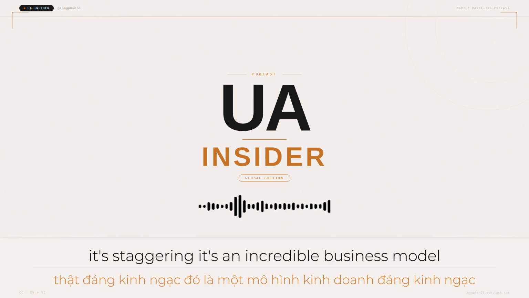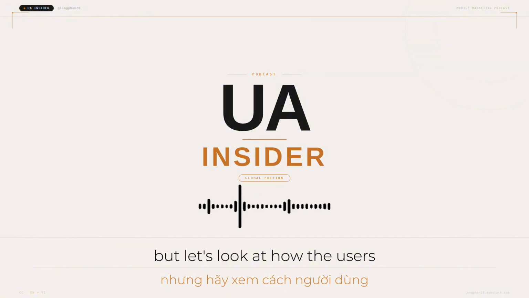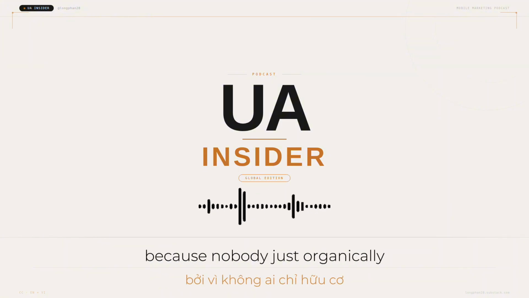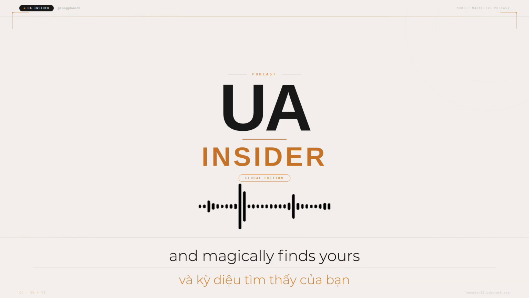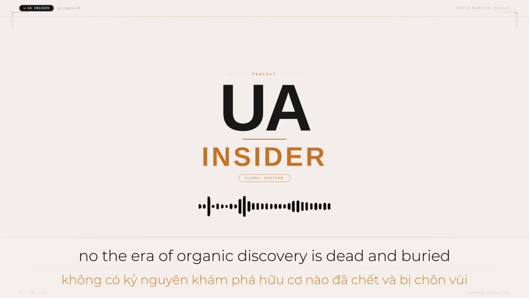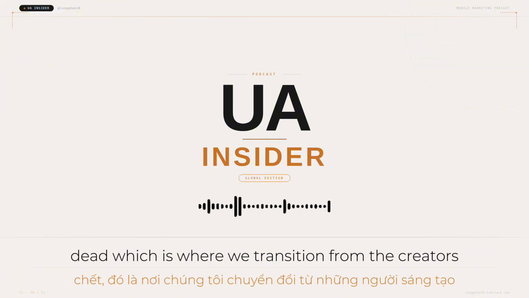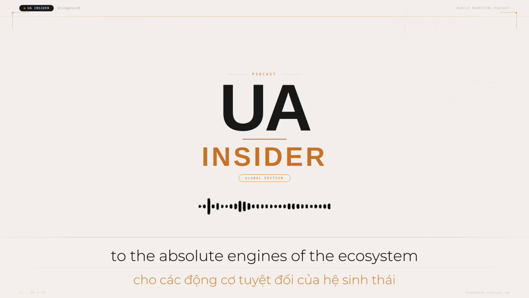It's staggering. It's an incredible business model if you can get away with it. Right. But let's look at how the users actually arrive at these toll booths. Because nobody just organically scrolls through a store with 5 million applications and magically finds yours. No, the era of organic discovery is dead and buried, long gone. Completely dead. Which is where we transition from the creators and gatekeepers to the absolute engines of the ecosystem, the